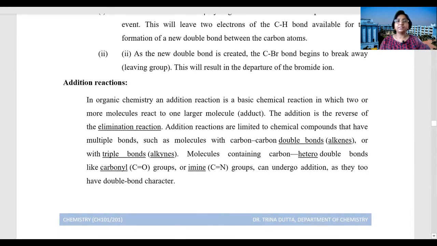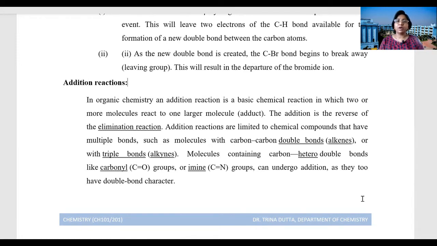Now the addition reactions. In organic chemistry, an addition reaction is a basic chemical reaction in which 2 or more molecules react to form one larger molecule. The addition is the reverse of the elimination reaction. So you can understand from the name that addition is the reverse of the elimination. So addition reactions are limited to chemical compounds that have multiple bonds, such as molecules with carbon-carbon double bonds